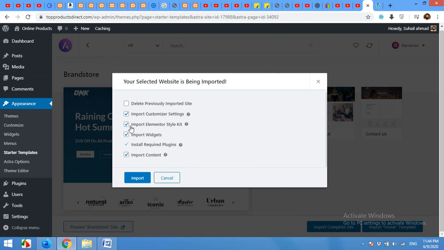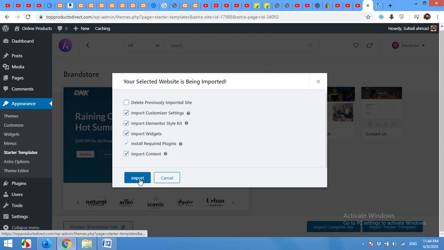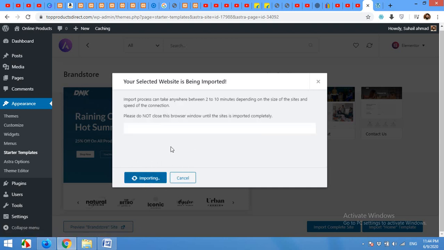Okay, import customizer settings, import Elementor style kit, import widgets, install required plugins and import contents. Yes, all are checked. Click on import and wait for this step, because this will be completed within 5 to 10 minutes. It may take long depending on your internet speed and your hosting speed, but if you are going with Bluehost hosting, then it will take very short time.